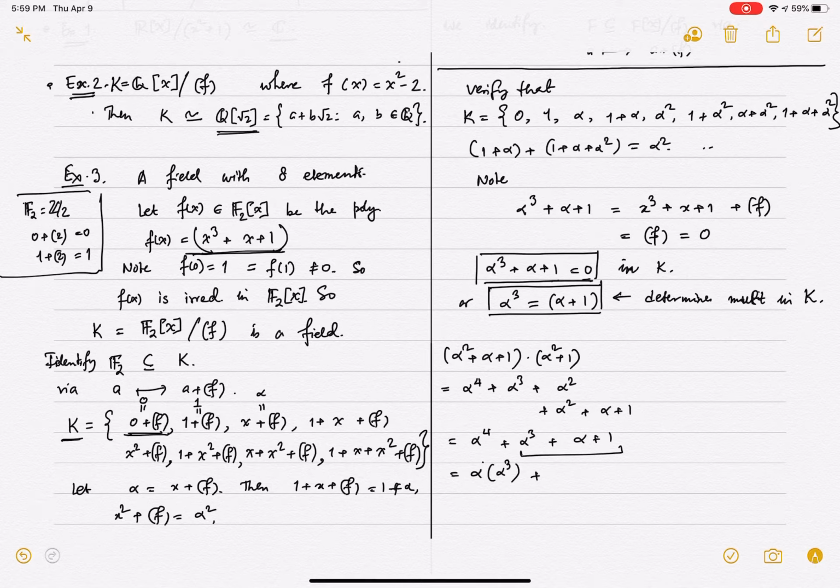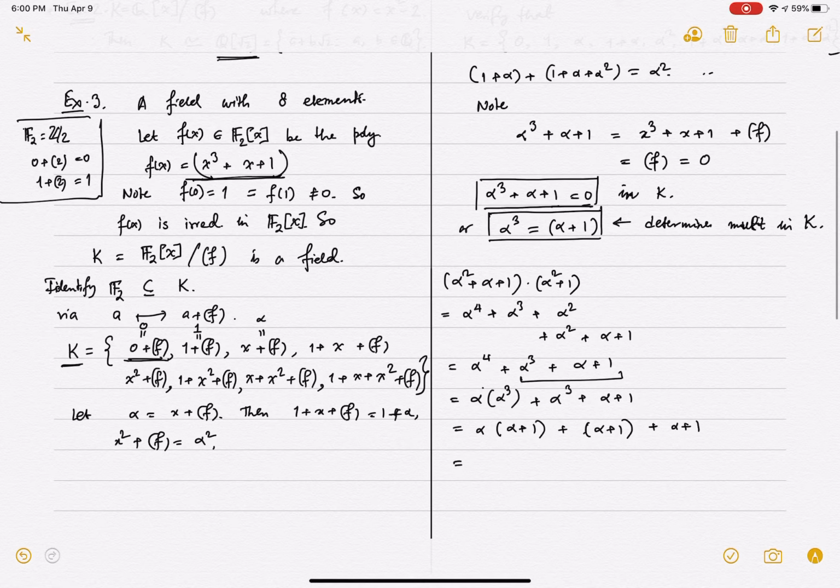Or let's be even more systematic. I'm just going to substitute whenever I see alpha cube by alpha plus 1. Let's not do it yet. And then for alpha cube, I'm just going to substitute alpha plus 1. And then if you simplify, you get alpha squared. And then you get,